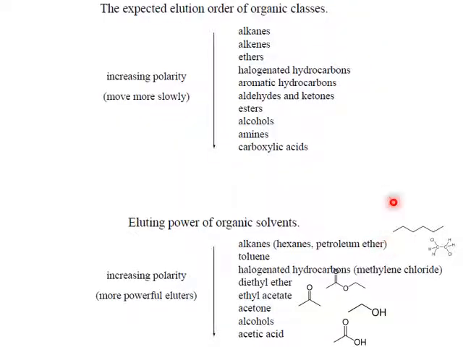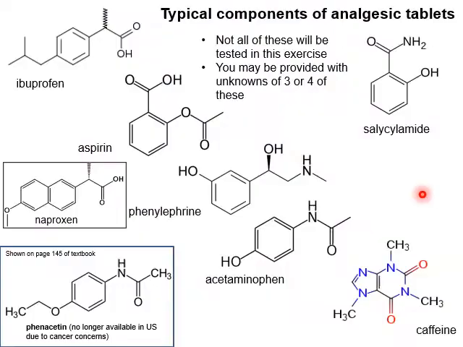You need to know that the less polar compounds such as alkanes will be eluted by using less polar solvents such as hexane, and some more polar compounds such as alcohols will be eluted by using some more polar solvents such as ethanol. So